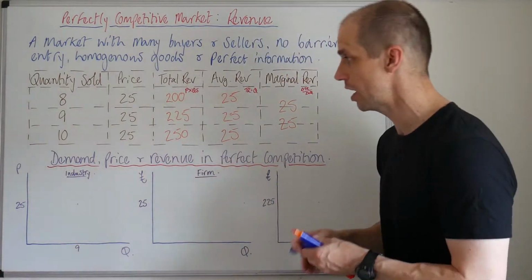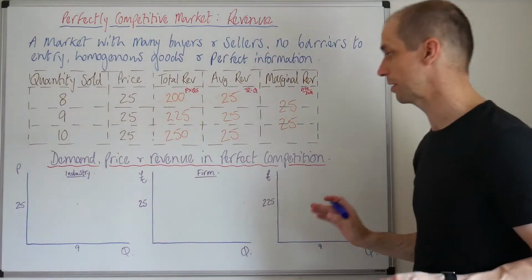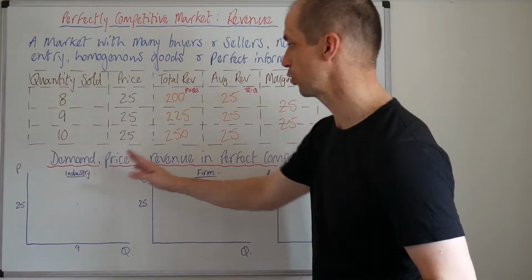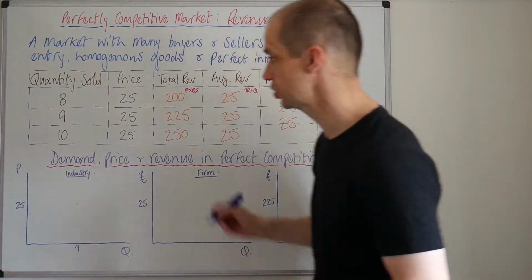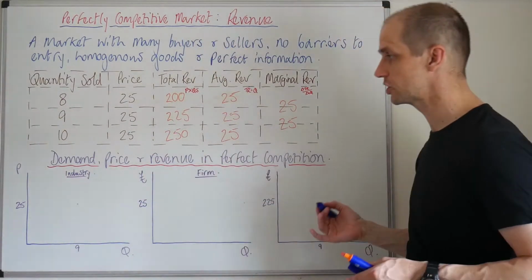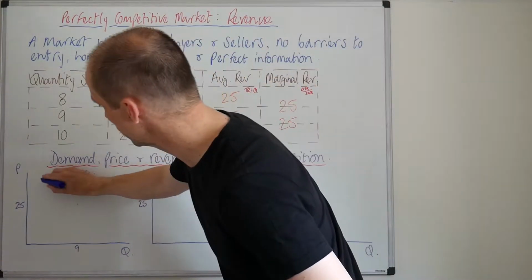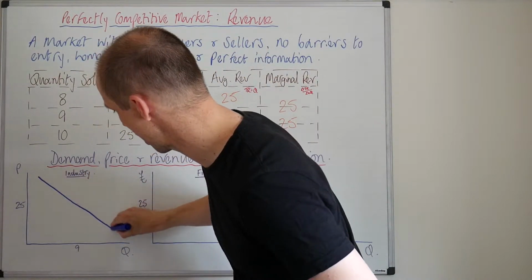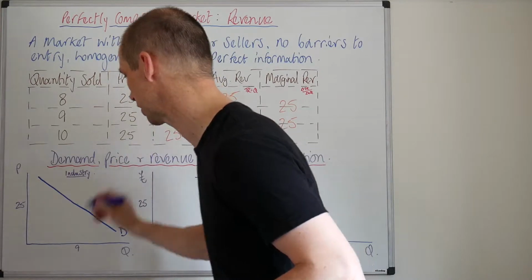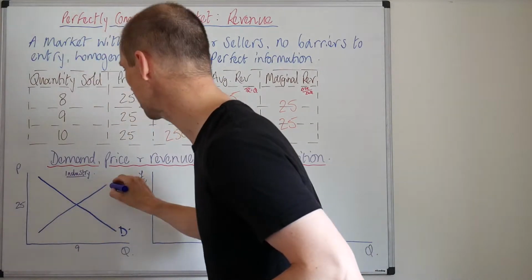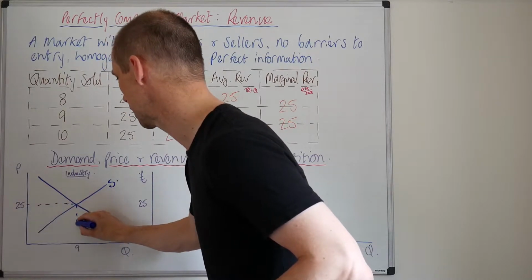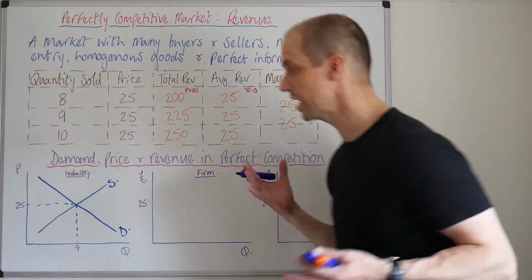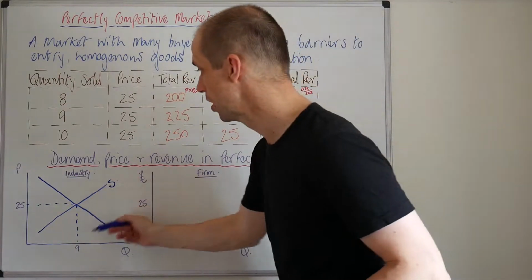So let's now have a look at how this might look for the industry as a whole if we consider these different diagrams that I've drawn out here, where we've got the demand, the price and the revenue for a firm in perfect competition. So let's start up with the industry first of all. Well, we know we're going to have a demand curve looking something like so. Meanwhile, we'd have a supply curve looking like so,